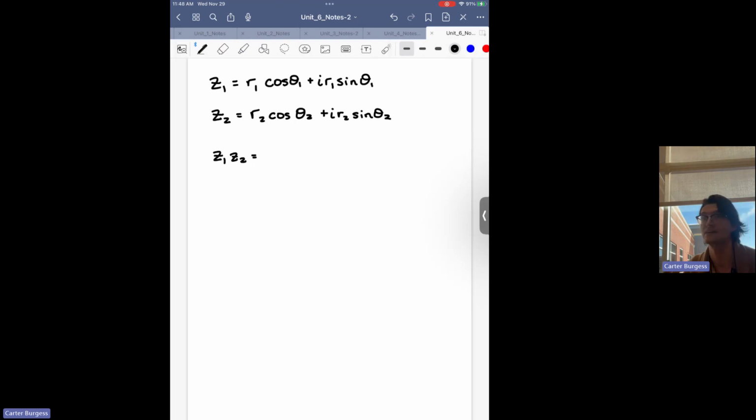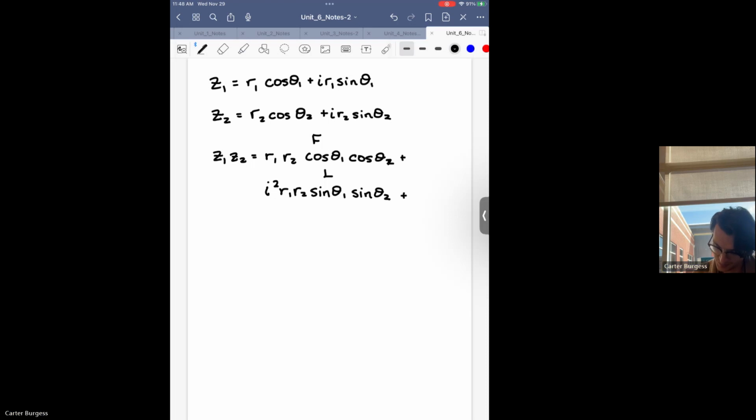So first times first, I get R1 times R2 times cosine of theta 1 times cosine of theta 2. This is first. We are going to add that with the last, so this would be i squared R1 times R2 sine of theta 1 times sine of theta 2. This is our last,